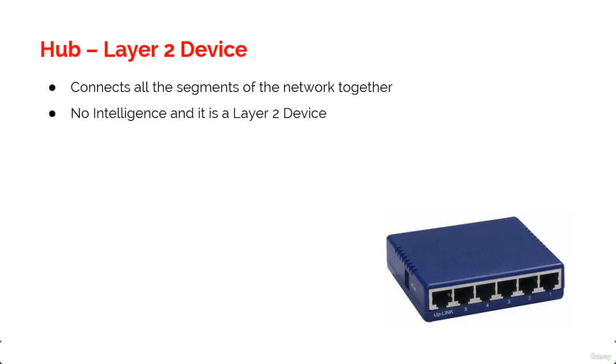We have seen in the star topology that the central device which connects all the hosts is a hub. Now in that case, the hub was connected to all other computers. Similarly, different network segments can be connected together through a hub. Now hub has no intelligence. What does it mean? What is a no intelligence device? Basically, a no intelligence device is a device which does not recognize any frames or data packets that are sent